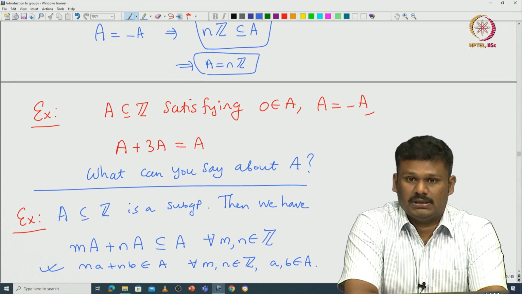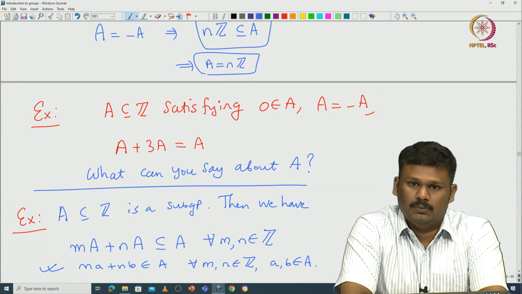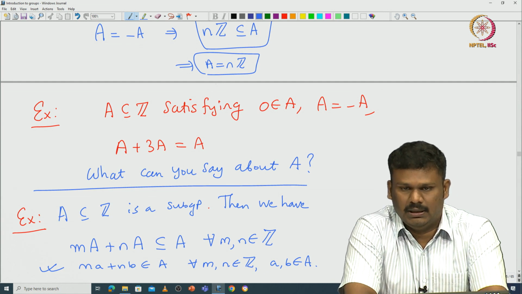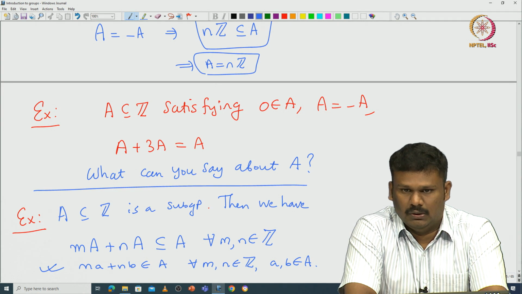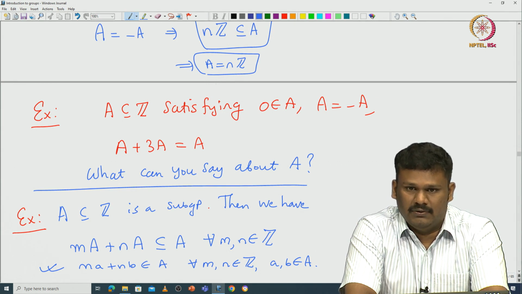Okay, so with this I will stop here, we are running out of time, and then I will continue with some more groups that actually come from elementary number theory, called arithmetic groups, okay, modulo n. So, with respect to addition modulo n as well as with respect to multiplication modulo n, we can talk about some groups. So, we will see that in our next lecture. I will stop here. Thanks.